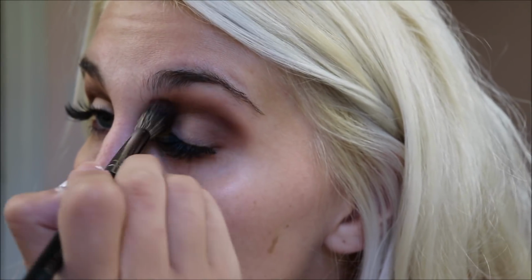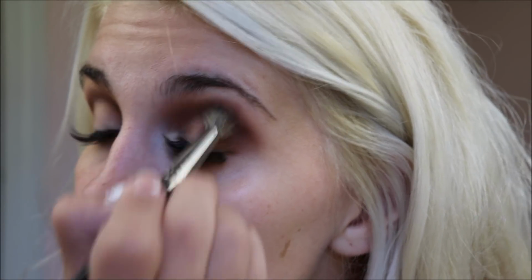All right, guys, so I think that's pretty good, what I've got going on so far. Again, I'm just going to go right back in with this and blend this little baby some more, because I want the most blended look ever. All right, so now I need to figure out what I want to put on the lid